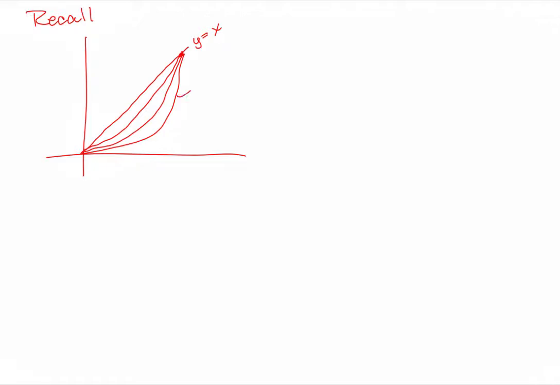This one is y equals x squared. This is y equals x cubed. And this is y equals x to the fourth. So notice that as x gets bigger, as n gets bigger, so y equals x to the n. So as x gets bigger, as n gets bigger, notice that